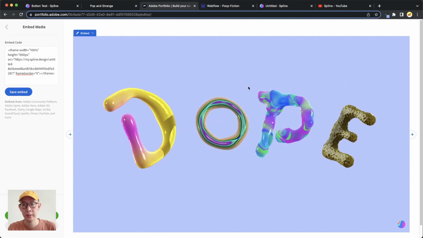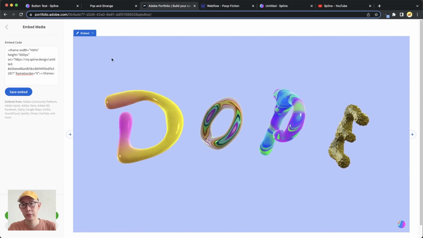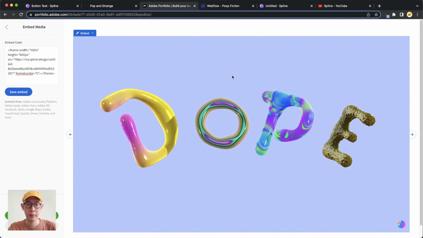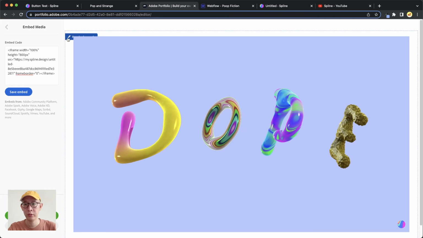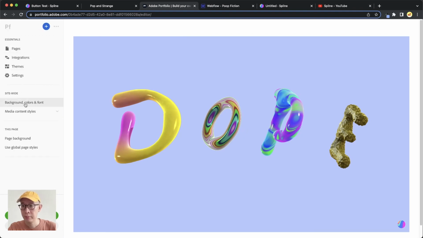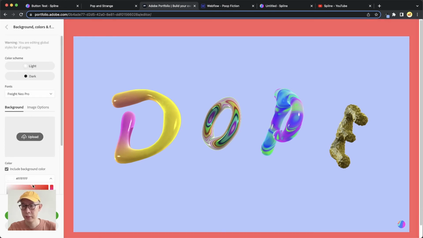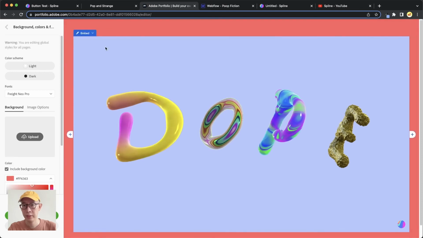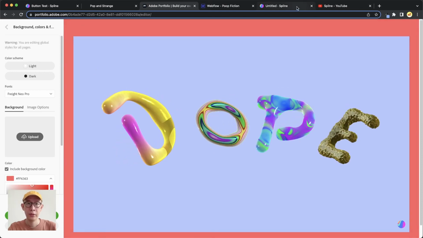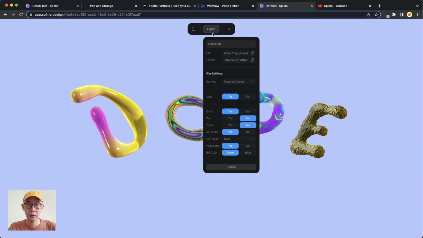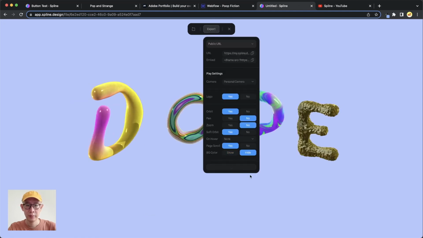Yeah, but now you see once we change this height into 800 pixels, then you will have something like this. Okay, let's say you don't want to have this background because maybe you have your own background from your own website. So for example, let's create a background color, and I don't know, maybe change it to something like this. Maybe you want your background color like this, and then you don't want this color. You can always go back to this and then go to export again, and then this background color you hide, update it,